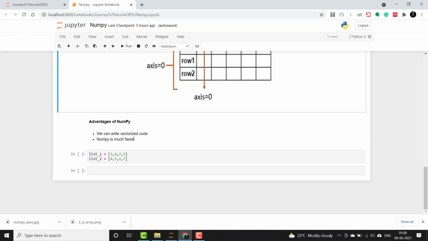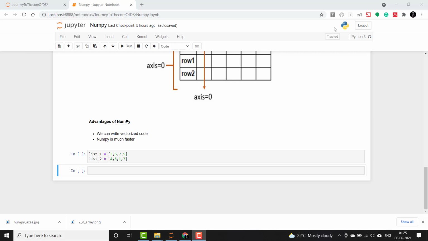There is this concept of vectorized code, which typically does not contain explicit looping and indexing. All of this happens behind the scenes in pre-compiled C code, and thus it is much more concise. Let's see an example of convenience of code writing. We'll also see one later for the speed.